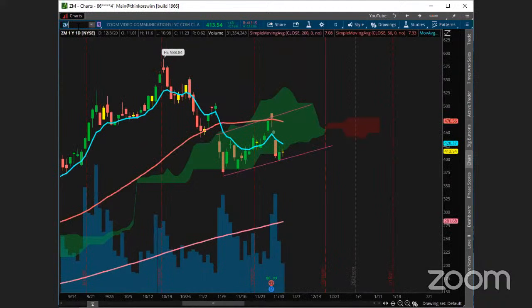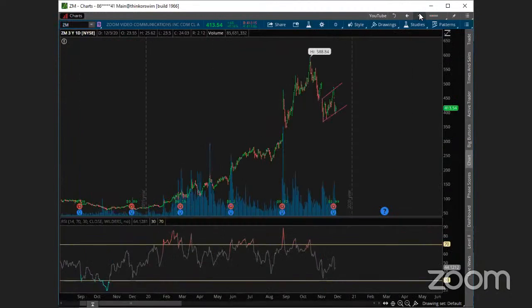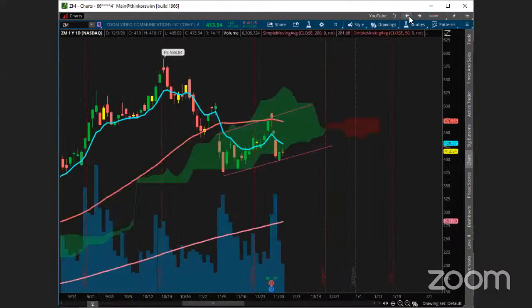Zoom. Yeah, let's take a look at Zoom. So Zoom gave a nice bounce yesterday off of the geometric line, and they kind of gave us an inside day today, right? So with the vaccine news being a little bit blah from Pfizer, let's see if that news gets any follow through. If it does, the stay-at-home names could get going again. So let's see how it handles over the inside day, and if we can get back over the 80 MA on that one.